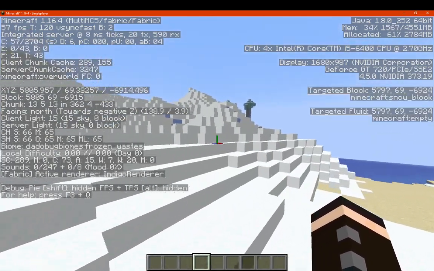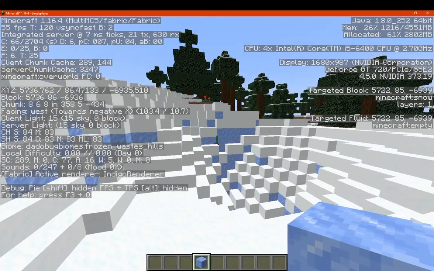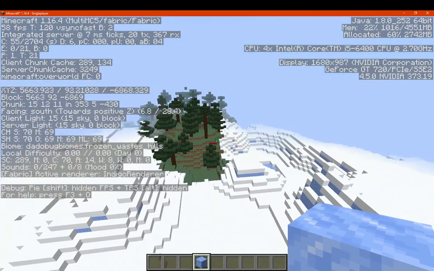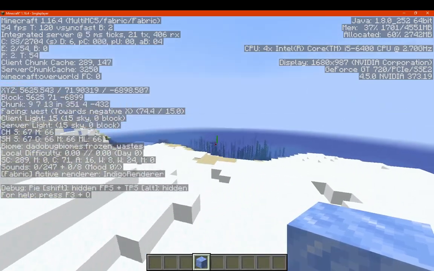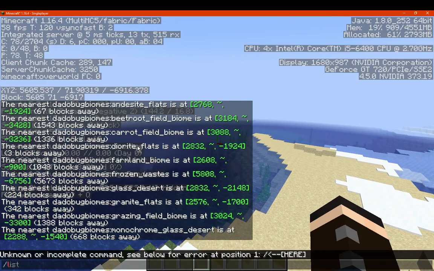With a sort of beach here, a bunch of snow, the occasional packed ice underneath where you'd usually see stone. But yeah, seems to be it. There's no water, just more so on the shorelines. Okay, next we've got, let's see,